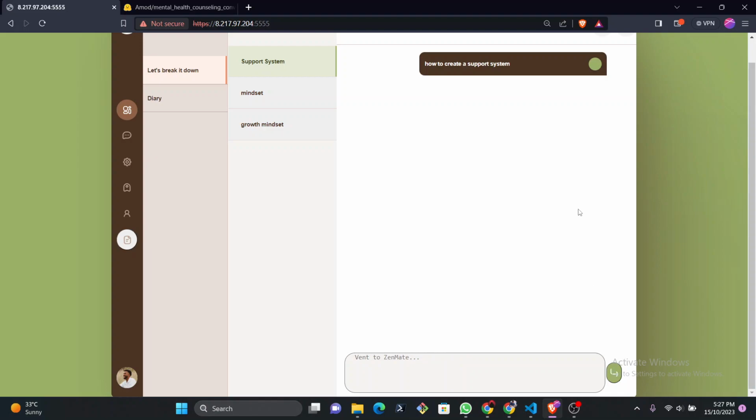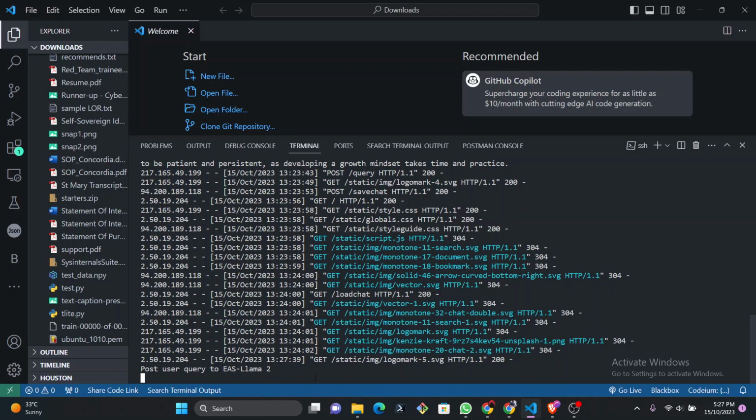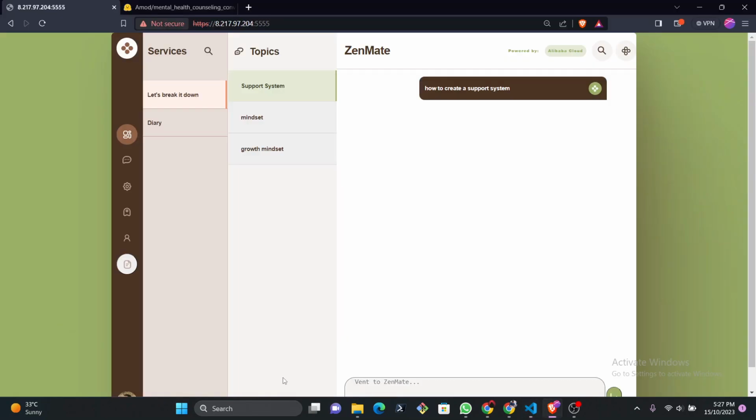And let's give it some time to give us a response. Meanwhile, we can also keep track of the communication in the backend. Currently, the query is posted to Llama 2, which is the language model used for language inference. It might take a few seconds to generate a blend of the public knowledge known by the language model and also the domain specific knowledge base that we acquired from Hugging Face. So it's quite useful information, like we will see in a minute.